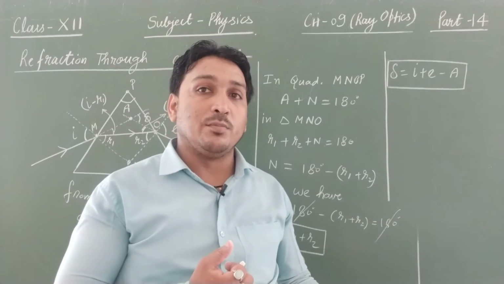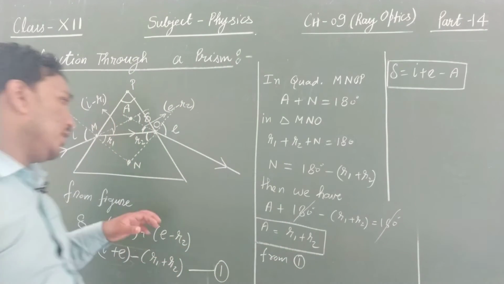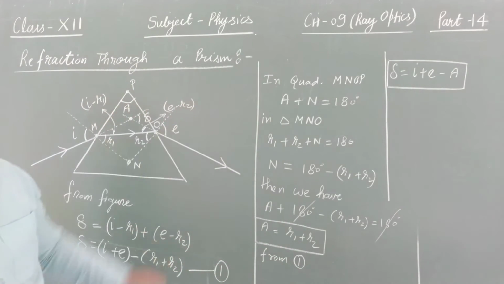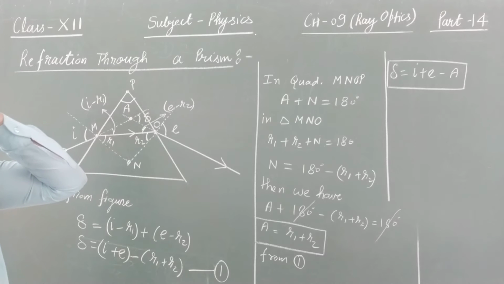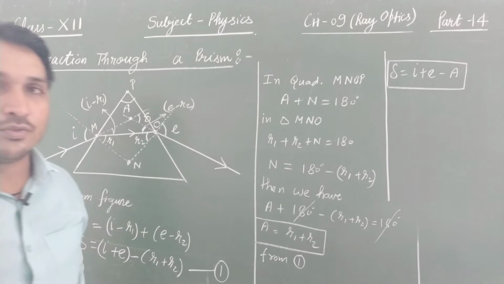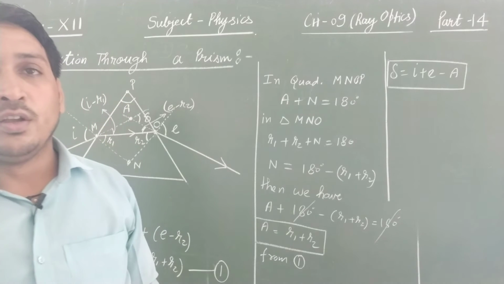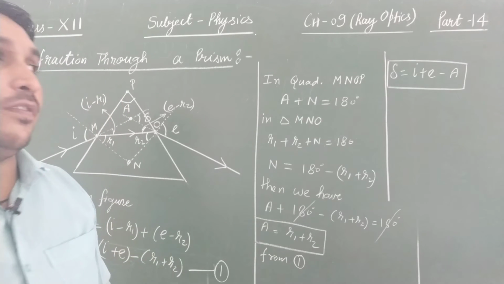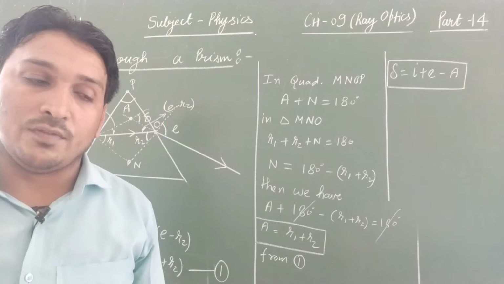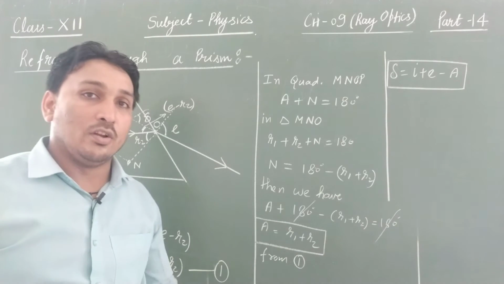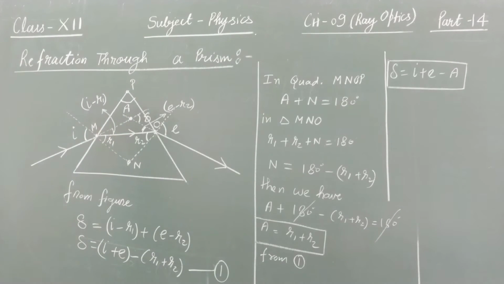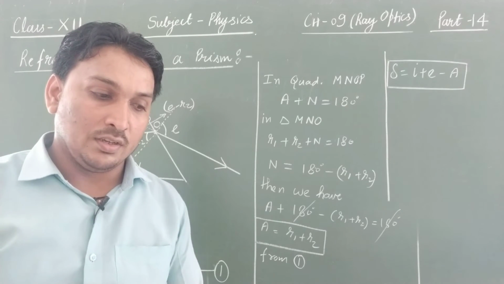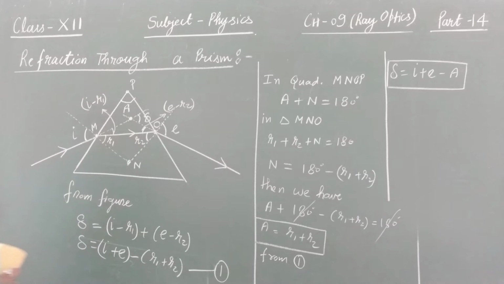But angle of emergence is something which depends on the material of the prism and the refractive index of the medium in which the prism was kept. So angle of emergence we cannot control. Angle of incidence we can control by changing the direction of incident light. So for better understanding, to understand the dependence of delta on angle of incidence, we plot a graph between angle of deviation and angle of incidence. Okay, so let us try to understand the graph. Take this screenshot. It is the relation for delta.